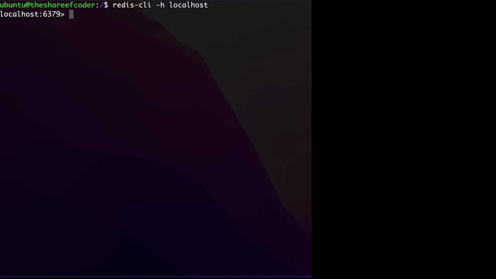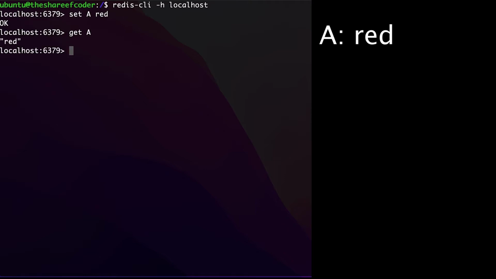The first command we would go with is the set command. The set command takes two things, a key and a value. So the key would be A and the value would be red. Okay. Now if I want to access what is inside this key A, I would run the command get A, and that is red. I can set another value corresponding to this key A, say this time yellow,